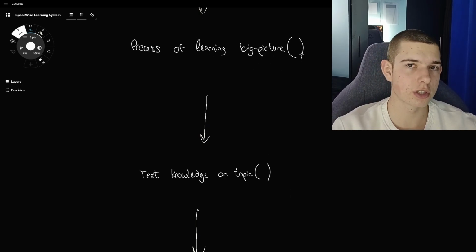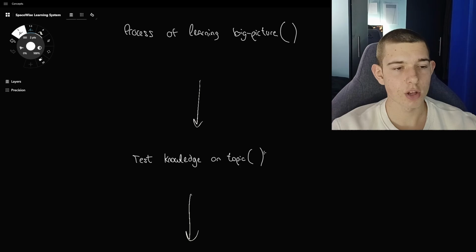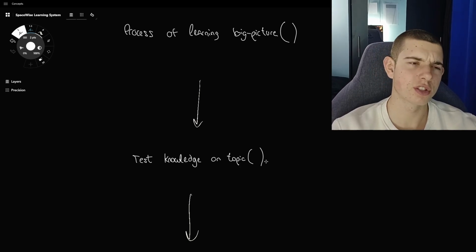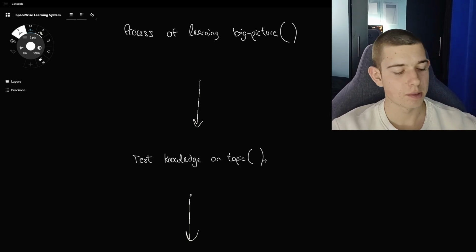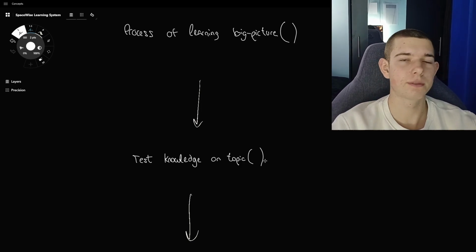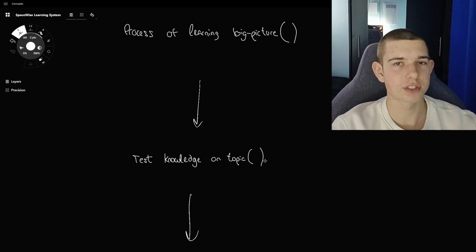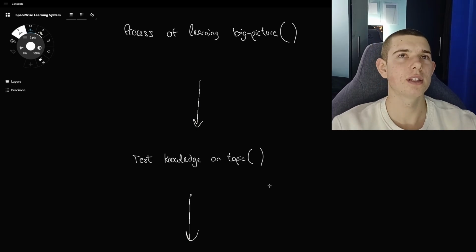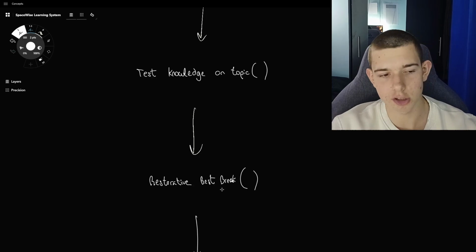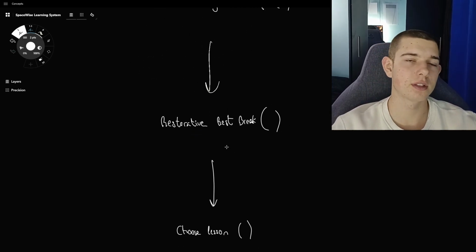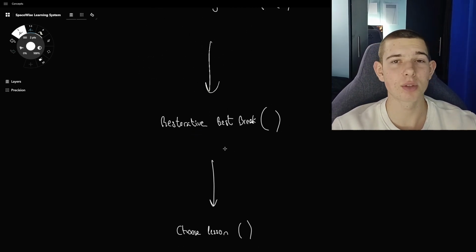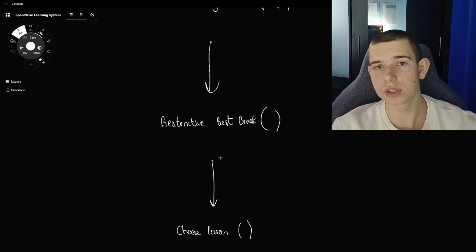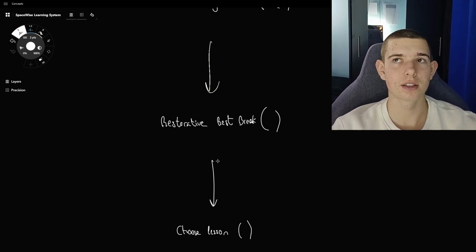on this big picture topic. Why do I need to test the knowledge of the student on this big picture topic? Because when a person fails first, it's much easier to understand and to learn better. And if I test the student now, the application is going to have a better understanding of the weaknesses and strengths of the student on this topic, so that afterwards I can adapt